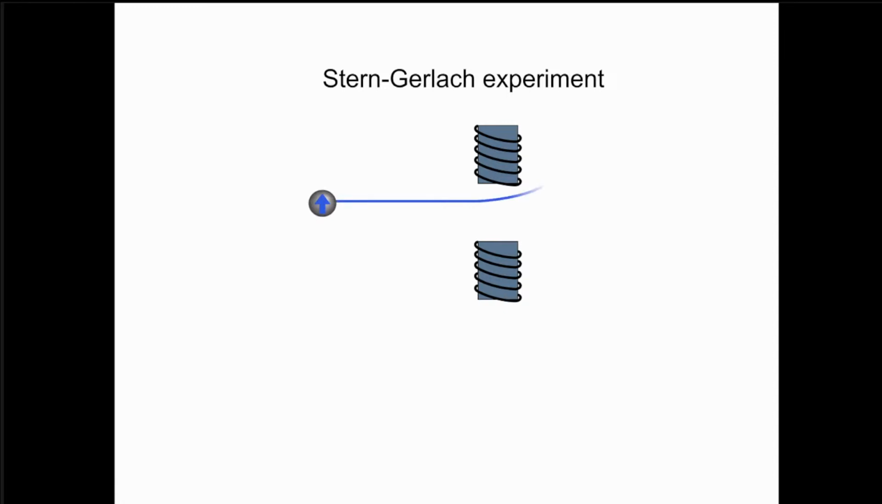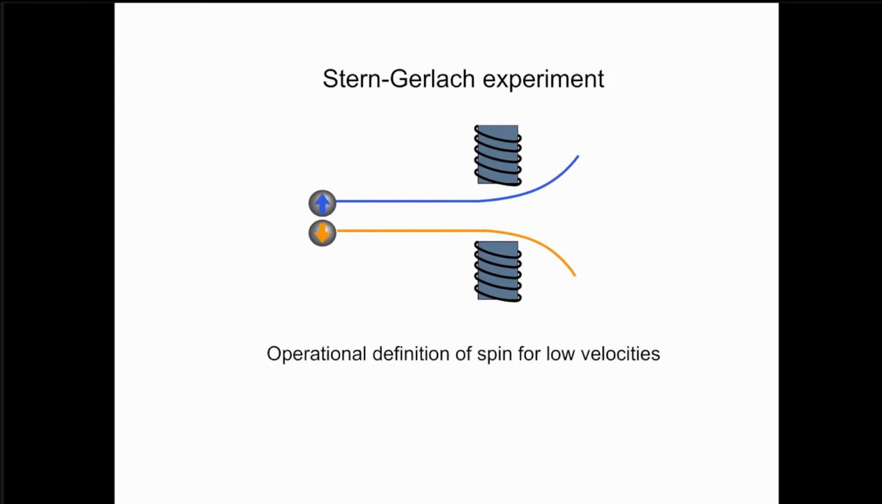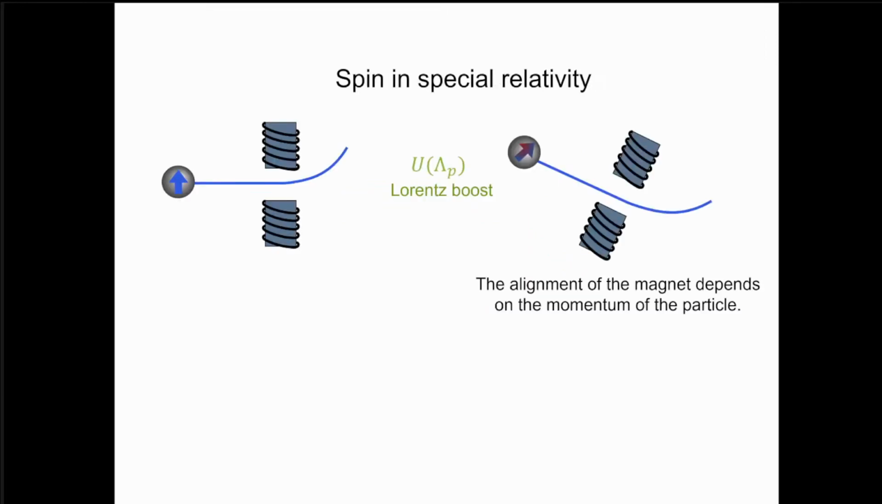So we have a spin, we have a magnetic field, we have a deflection of the spin in an inhomogeneous magnetic field, and we operationally define spin for low velocities in that way. And we introduce spin or Pauli operators, spin operators along 3 different directions. Now, if I have